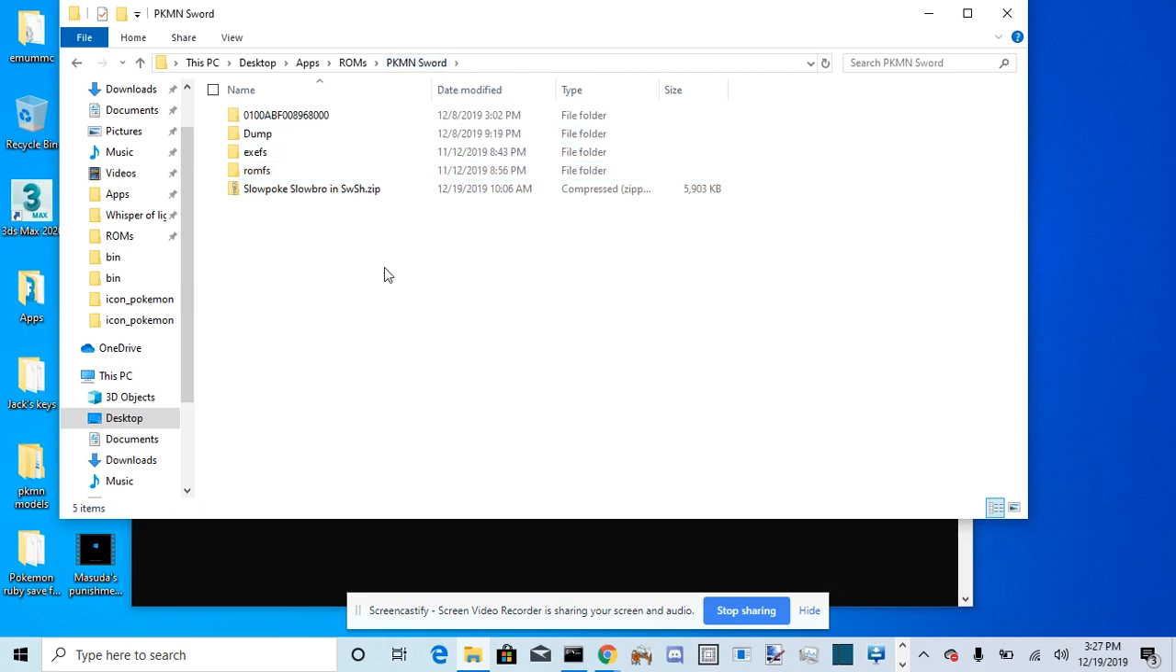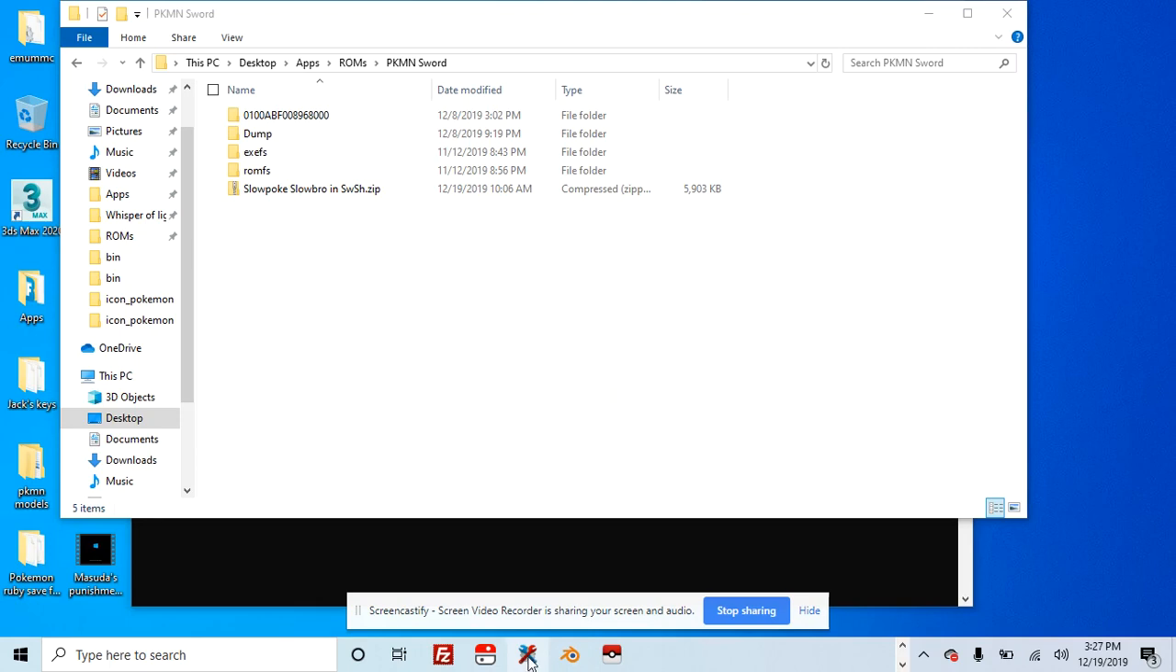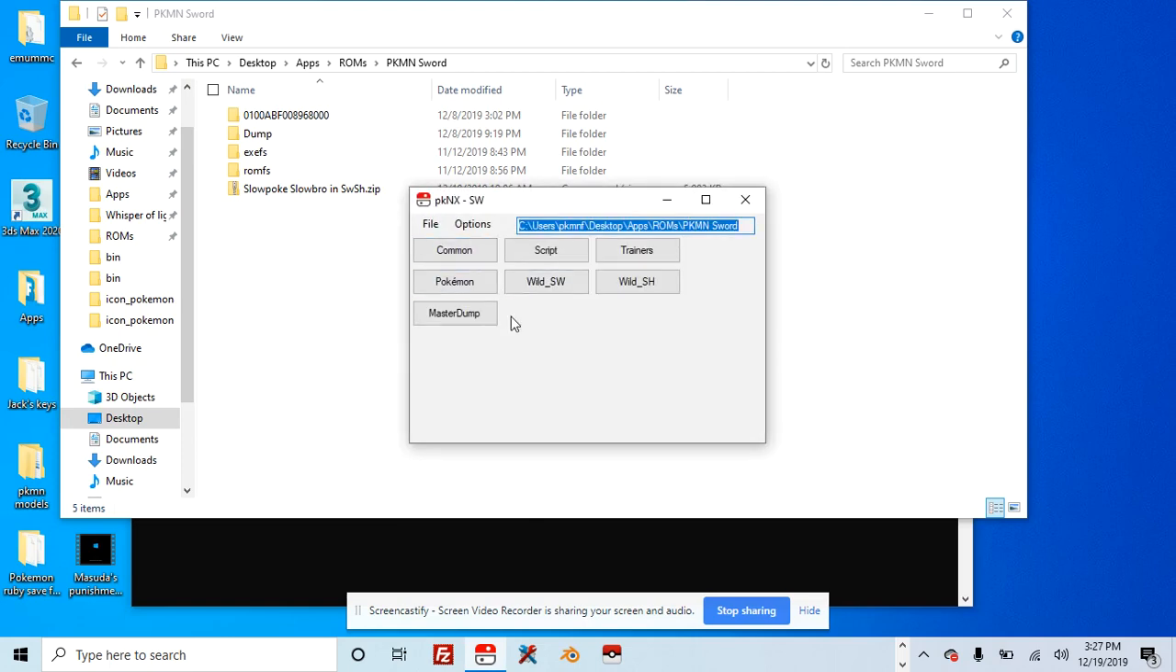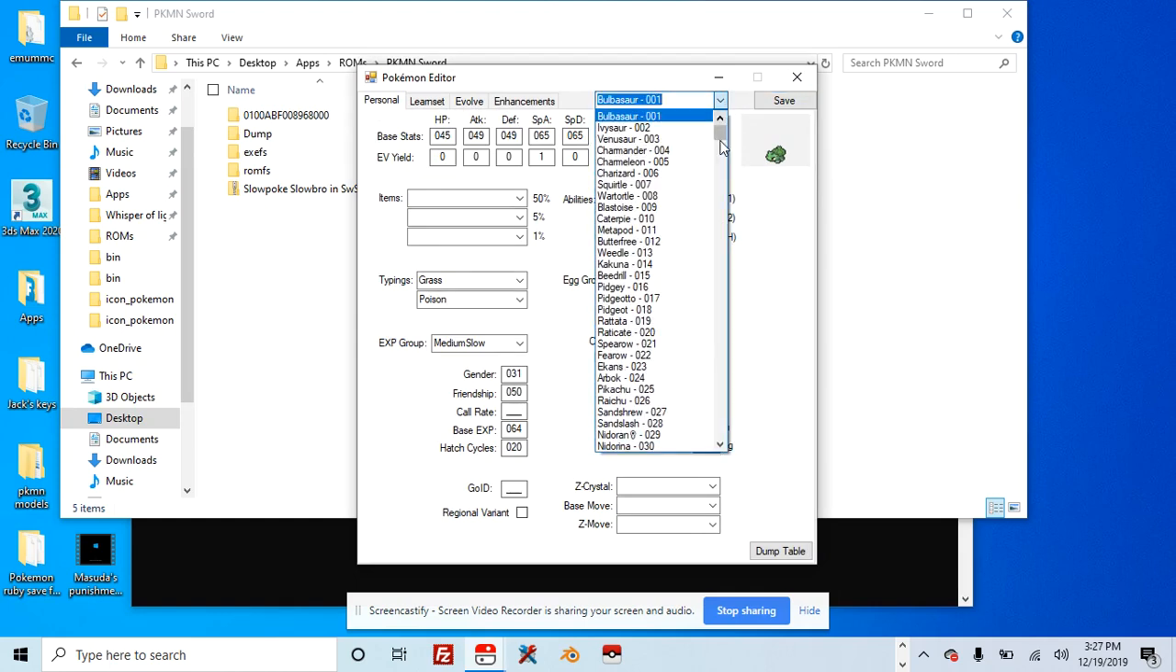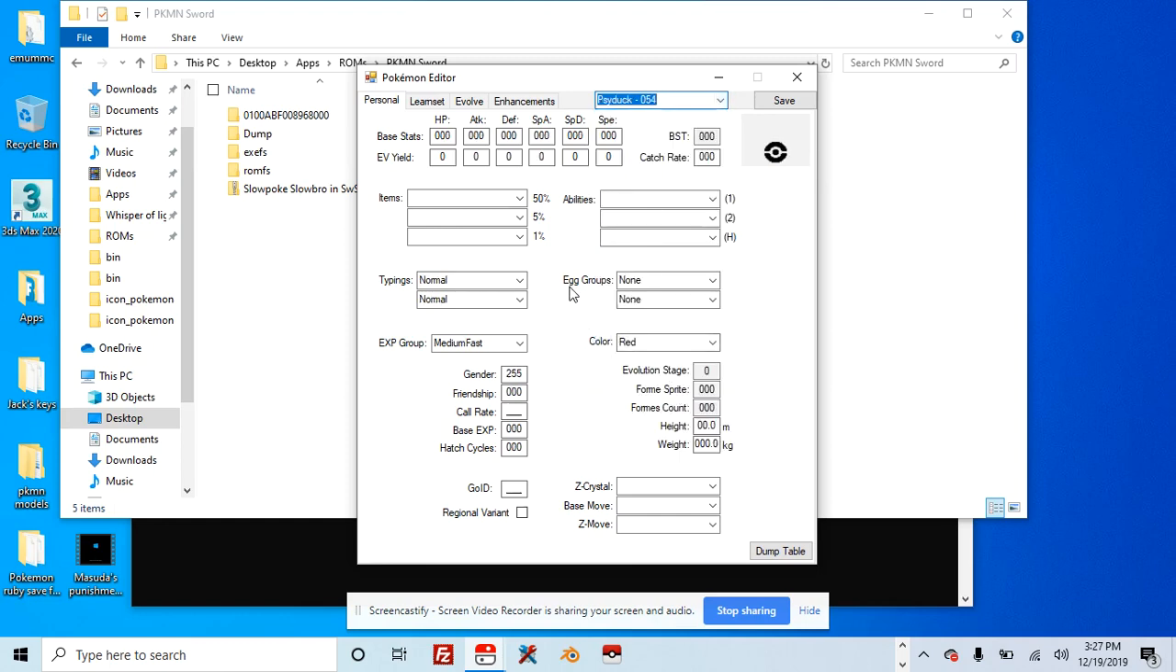And then once you have that, go into PKNX, choose Pokemon. It's important that that's the one you choose, because the other ones will do different things. Okay, I want Psyduck. So yeah, now comes the part where you use